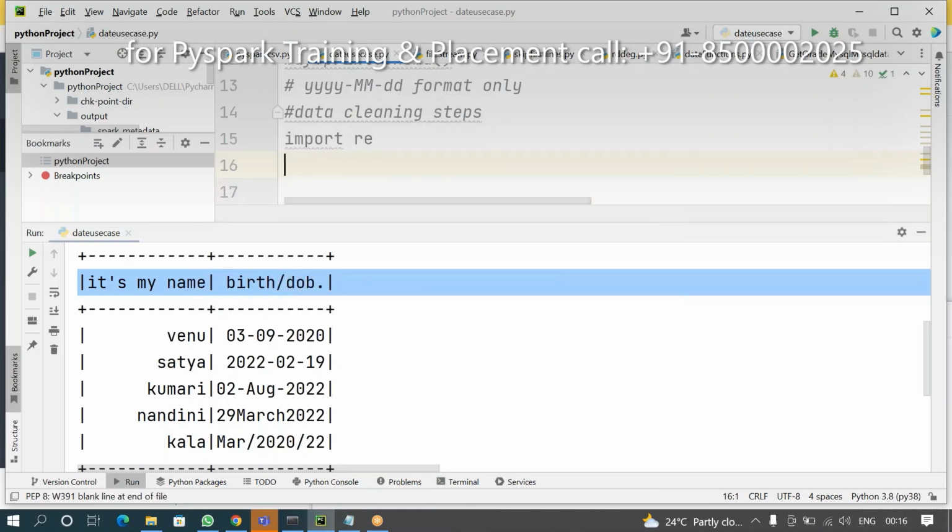Import re. Okay, next, what are you doing? There are multiple ways, to be frank, but I am explaining the best way, the easy way, the recommendable way. Now in this scenario, what are you doing?